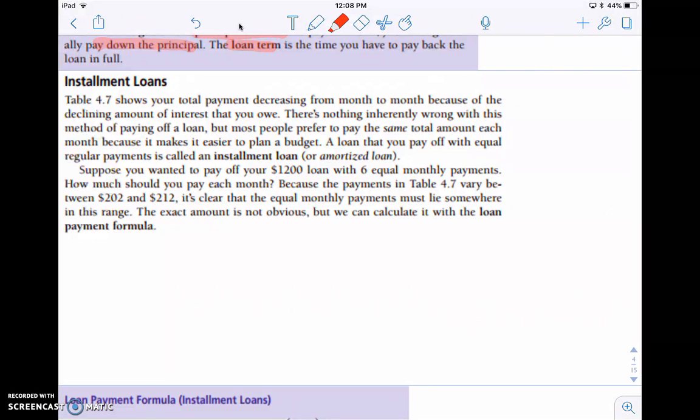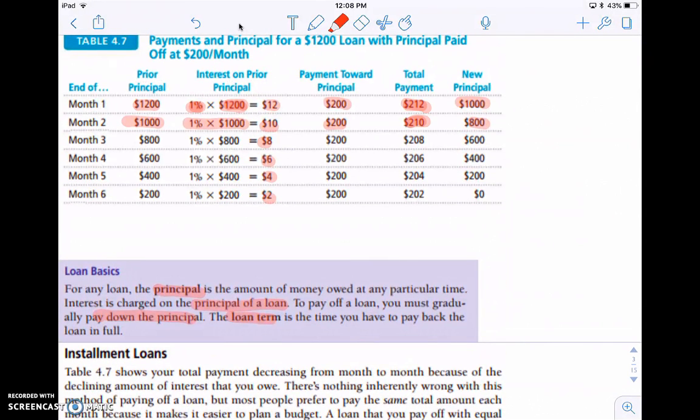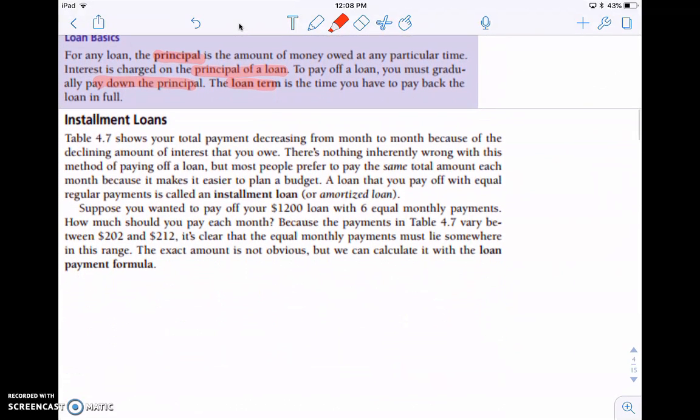Now, there's nothing inherently wrong with paying off a loan this way, but most people prefer to pay the same amount each month. Notice how here we paid 212, then 210, then 208, then 206, 204, 202. A lot of people don't like to have to figure out how much they should pay so they can get exactly 200 towards principal and pay their interest. They want to say, how much do I have to pay every month so I can pay it off in 6 months? And that's what we're going to be looking at,